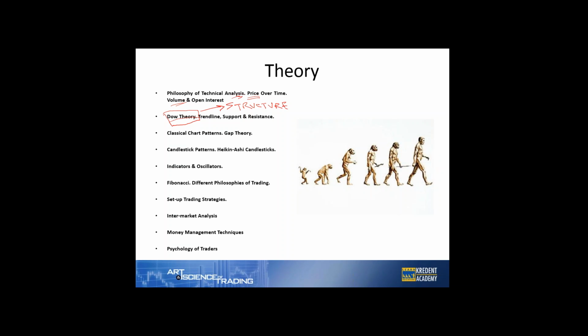We'll be looking a bit into the classical chart patterns also. Not each and every one, but as I said, the ones that are tradable, the ones that make the maximum sense. If you ask me, one would be something like a symmetric triangle, where the market trades within a triangle and breaks out either on the upside or on the downside. My personal experience trading these triangles has been very good, so I'll be sharing how to trade these symmetrical triangles.